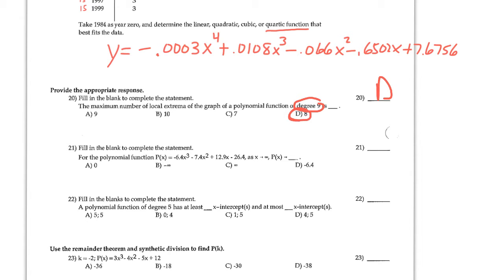For the polynomial function given, what happens as x tends to infinity? So let's find the dominant term. As x gets incredibly large as we go to the right, I think we would expect this graph, since it's an odd degree with a negative lead coefficient, we'd expect it to dive downward. So it would head towards negative infinity. And 22,